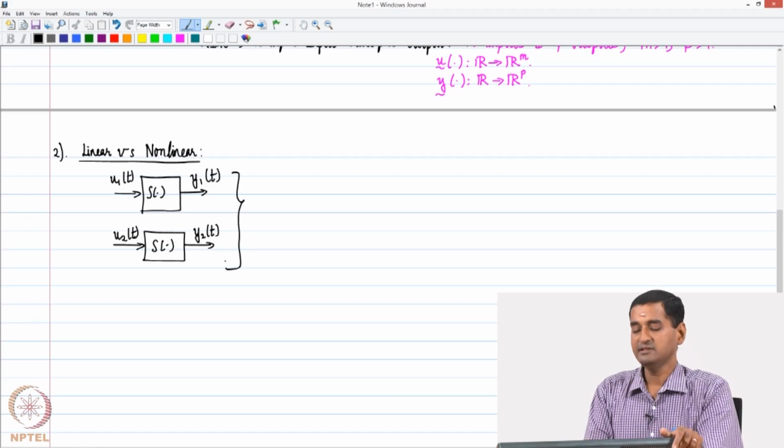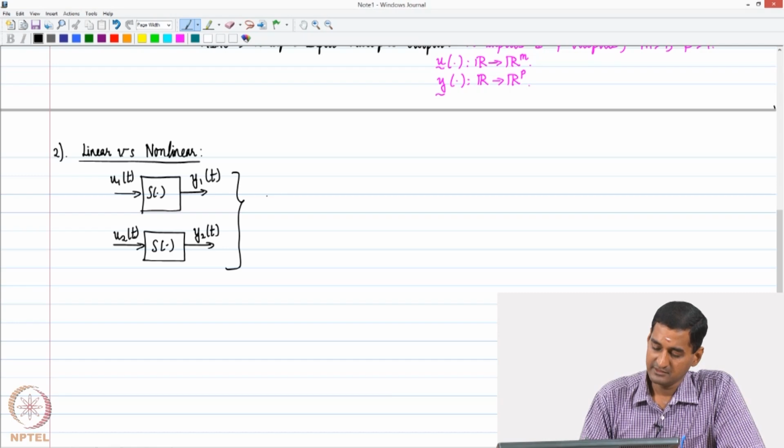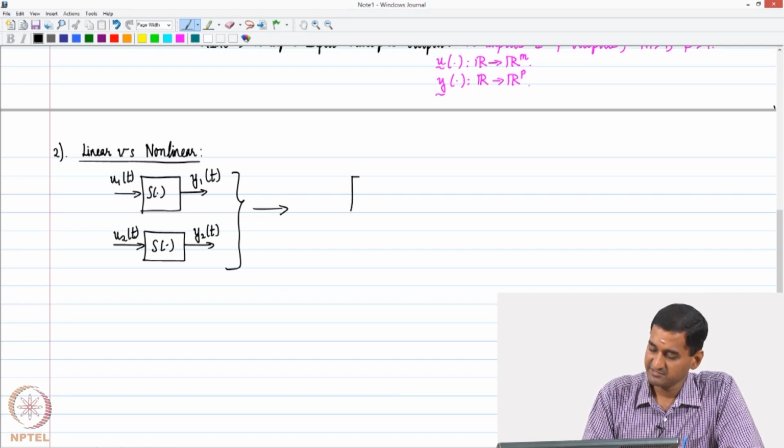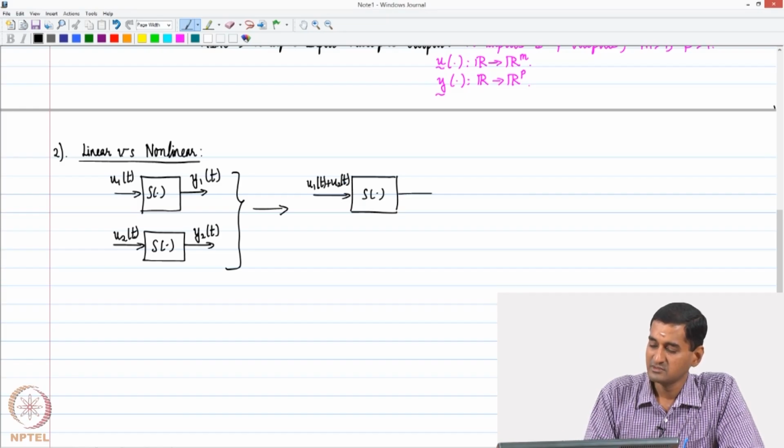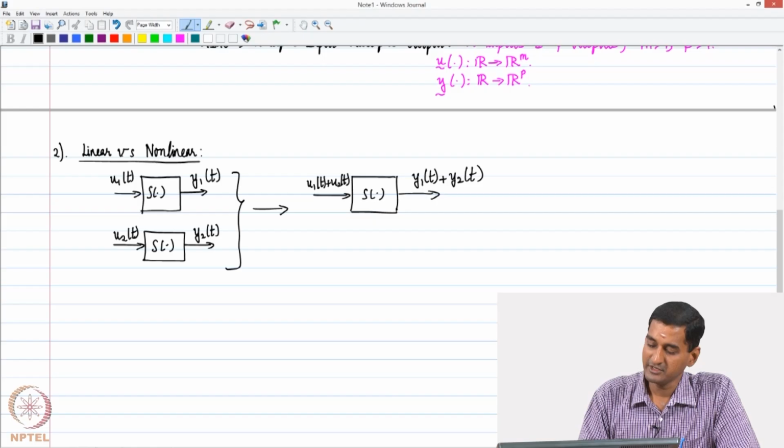Now, given these two arbitrary input output combinations, the question that we ask ourselves is that if to the system we provide an input that is the sum of these two arbitrary inputs u1 plus u2, and if the output is also the sum of the two individual outputs y1 and y2 corresponding to u1 and u2,